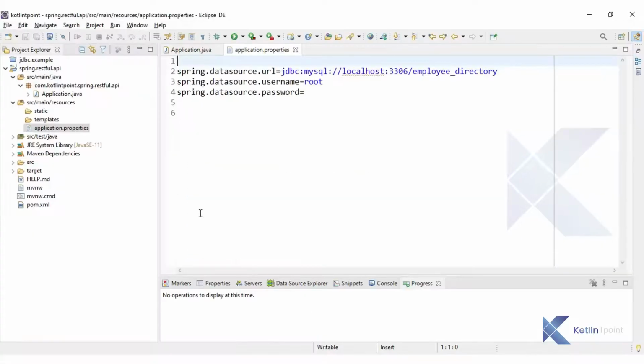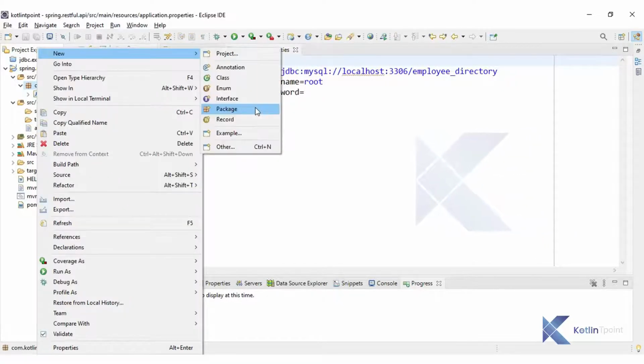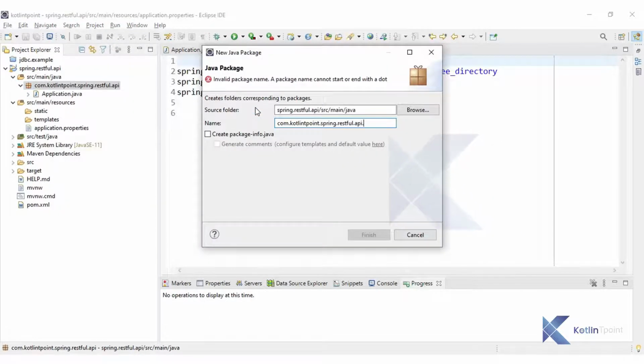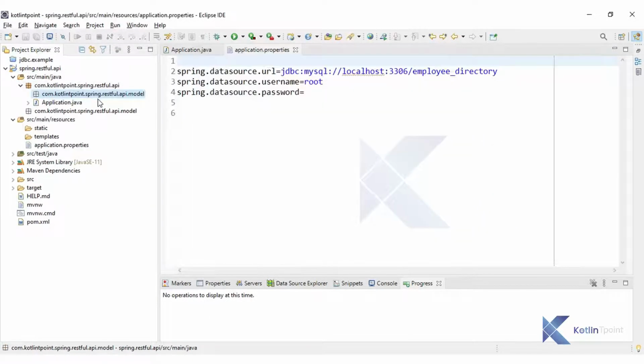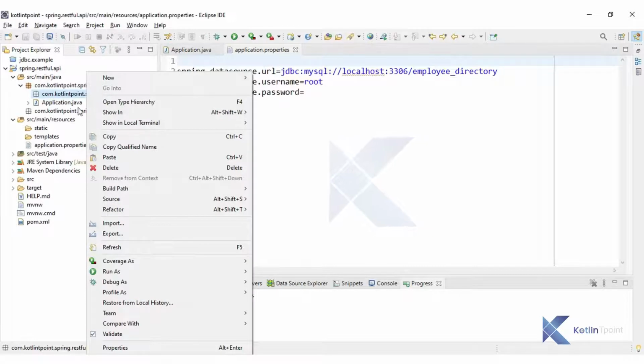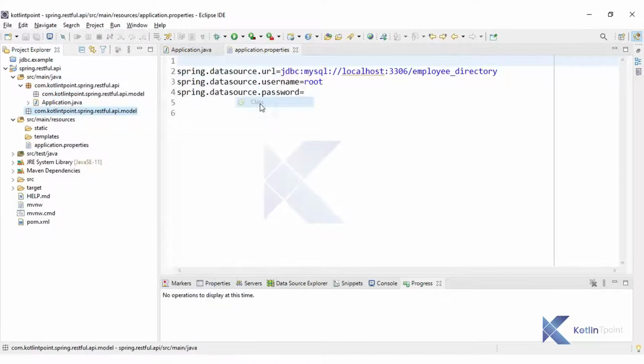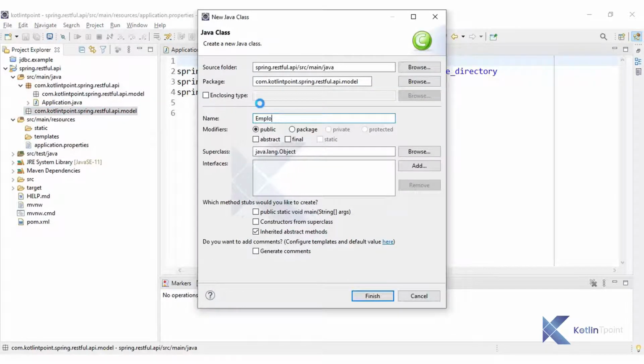So let's create a model. Right click on your package name, new, and I will create one package first of all. So I created the .model package. Inside this model package I will create one class, Employee, and this Employee class will be respective to our table name.